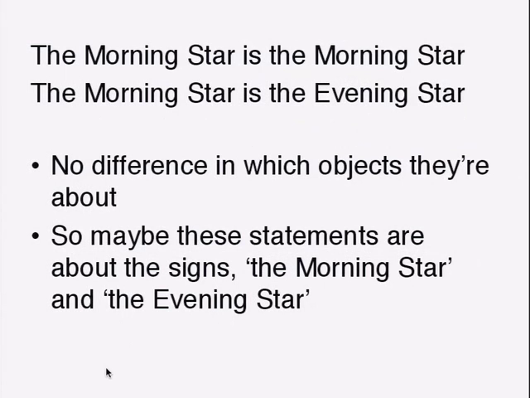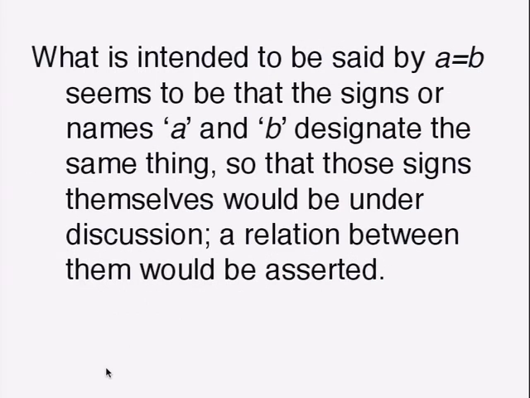You might say, Frege says, maybe what's going on is that when I say to you "the morning star is the morning star," what I'm saying is: take the sign "the morning star," and take this other sign "the morning star," and they stand for the same thing. And take this sign "the morning star" and that sign "the evening star," and say they stand for something different. So really what I'm talking about here is signs. When I say "the morning star is the morning star," that looks like a statement about planets, but actually it's a statement about language. That's one theory. Yet then they're going to be saying different things, because we're talking about different signs.